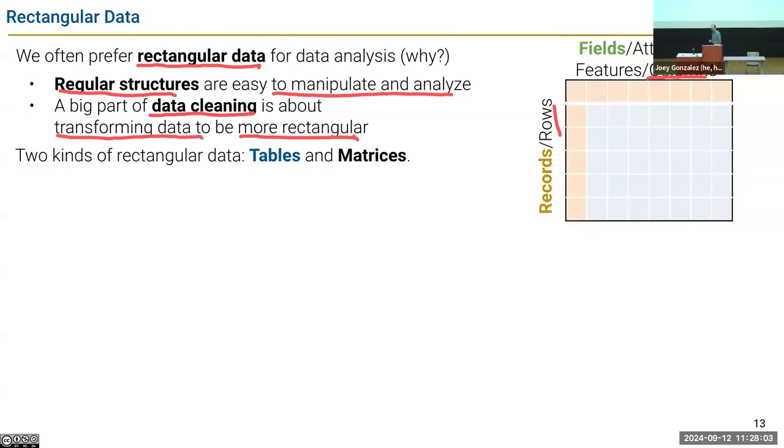Why would data not be in a rectangle? Who makes data that's not a spreadsheet? Often data isn't rectangular, and even the data that you thought was rectangular has like a list of things inside one of these rows or these cells. That's a mess. I want everything to be the same. I want all things to be one thing in each box. So there are 2 kinds of rectangular data, tables and matrices. Probably more, but to first approximations, the 2 we're going to focus on this class.